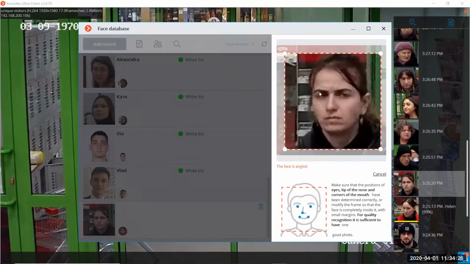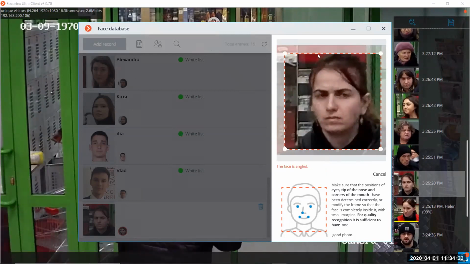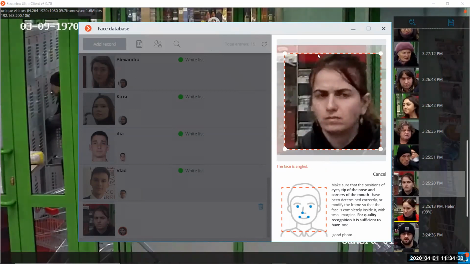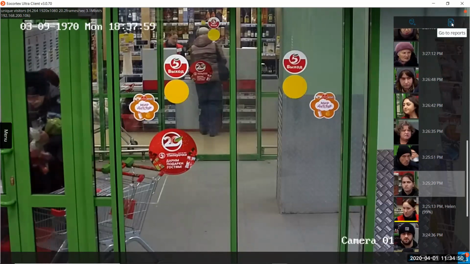For most situations, I even recommend you use not the detected face from the camera, but the picture that was taken by the photo camera or the good camera of the phone, and so on. So here we can add a face to the database and go also to the report.